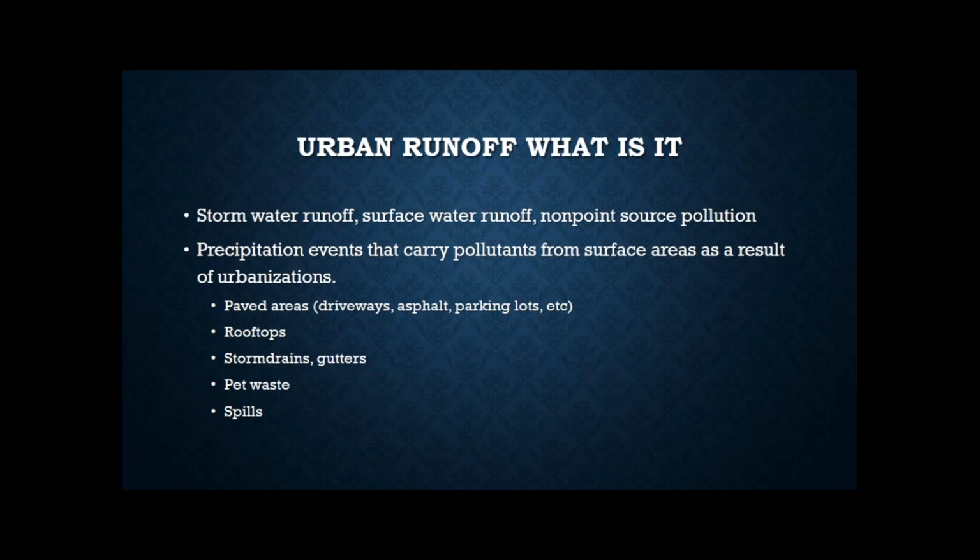Urban runoff, what is it exactly? Urban runoff is also known as surface runoff, storm runoff, and non-point source pollution, an EPA umbrella term. Typically, as an area becomes urbanized and covered in non-pervious material like tar, asphalt, and concrete, its infiltration abilities are reduced, increasing the collection of surface water and pollutants. This water then flows into streams, estuaries, lakes, and other bodies of water, carrying the pollutants with it.